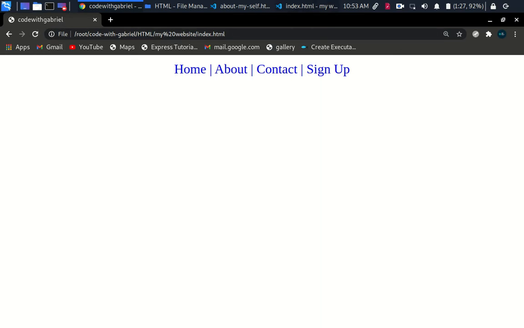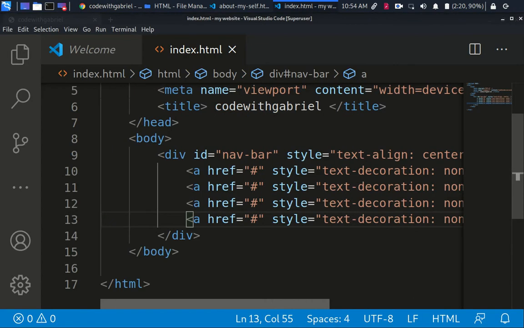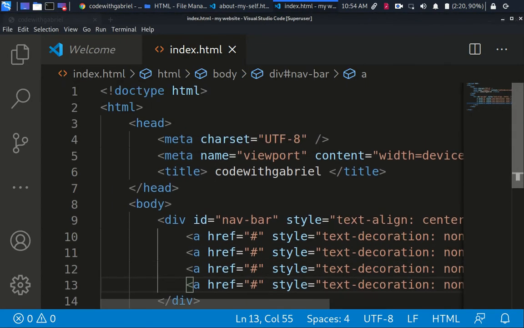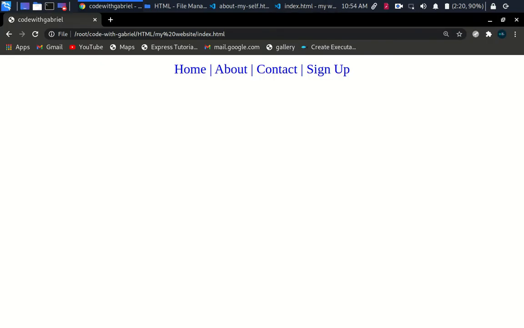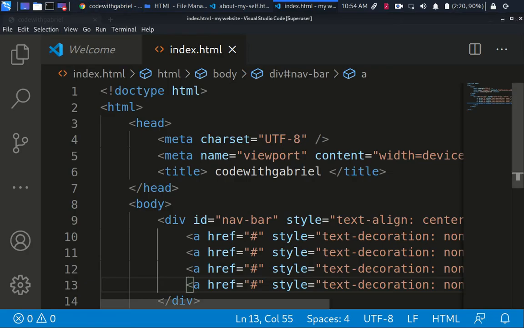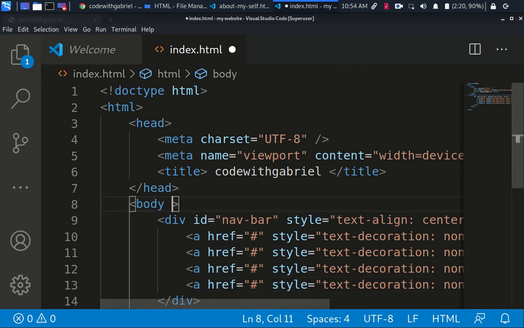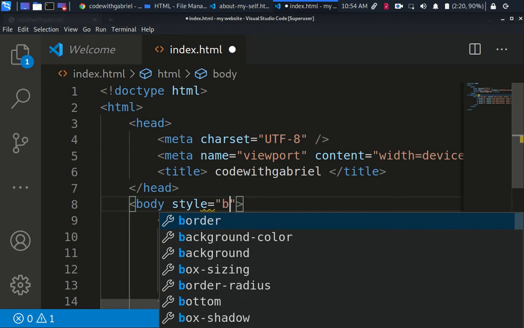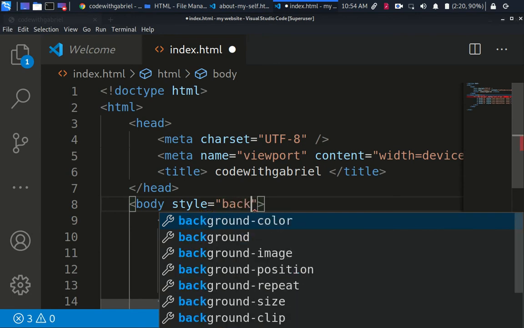The next thing we are going to do is see if we can change the background color. We don't want it to be white. Let's find something much darker, or let's just look for a dark background. Since it's the body that we want to change, the whole background, and not the division, we can go to the body and put style equals, then we can go ahead and have background-color,